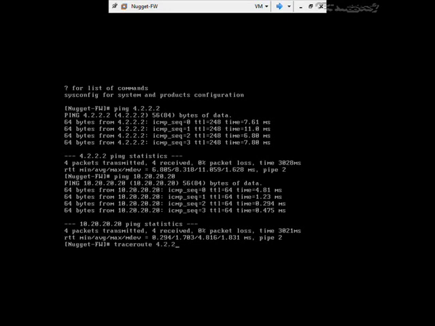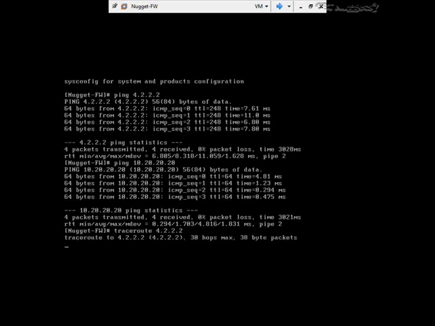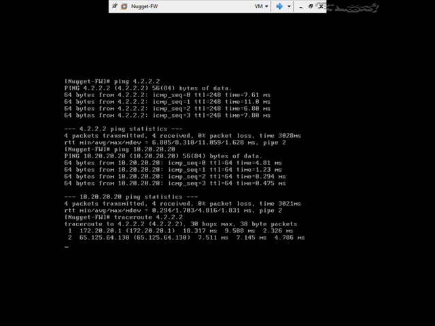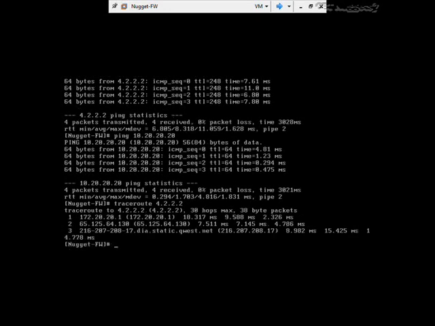So let's do a traceroute to 4.2.2, and as we can see, we're going to jump through a few hops here. So let's stop that, and let's take a look at what we have. Our first hop here was our actual ISP router that we're using on the external side of our firewall, which is the 172.20.20.1, and then we see our ISP router, and then the uplink ISP router, which is Quest Communications for our